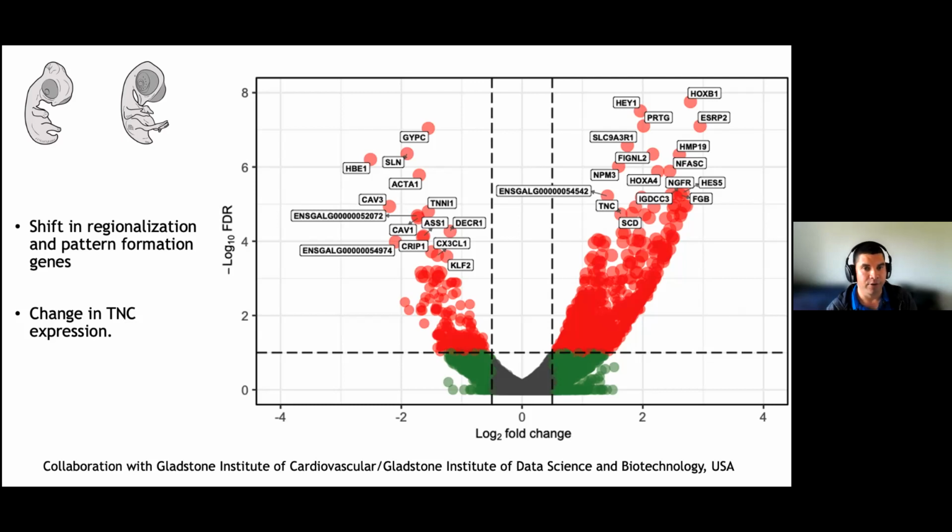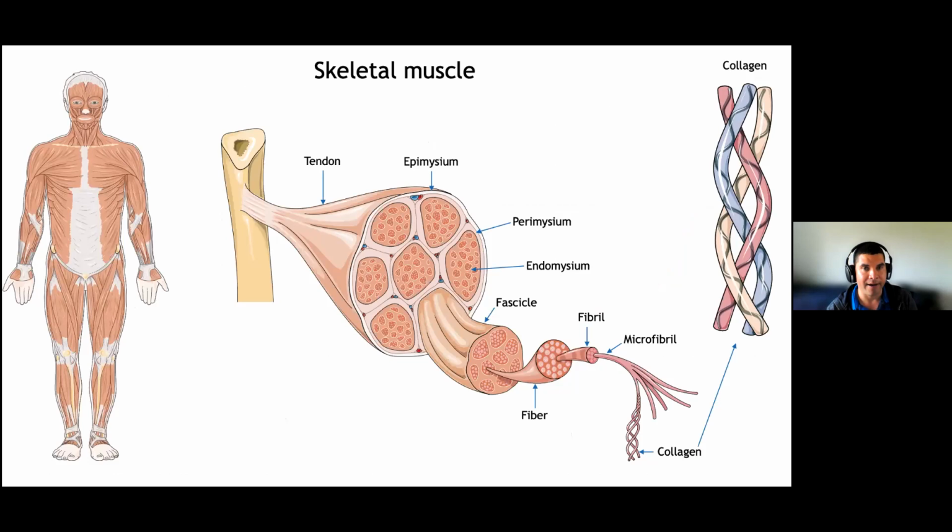But we continue to do this type of work with skeletal muscle. And so skeletal muscle is the focus of the lab at the moment. Here we're looking at the anatomy of that. So there are several levels of organization. Here we're showing the outer layer of tissue that surrounds the inner layers of multiple fibers,